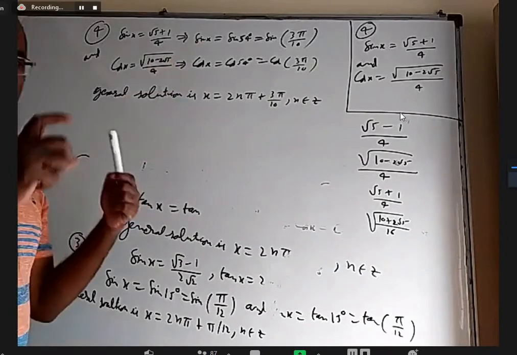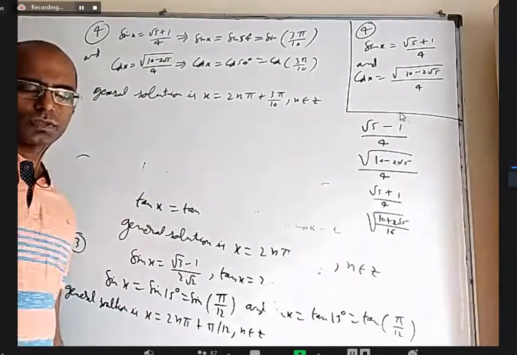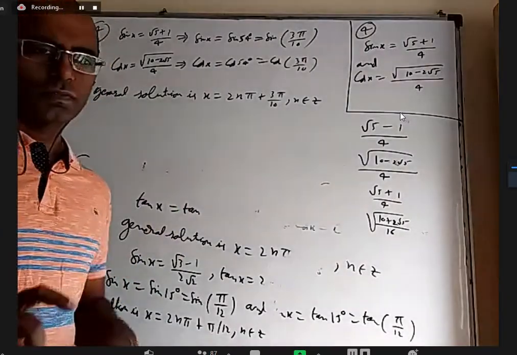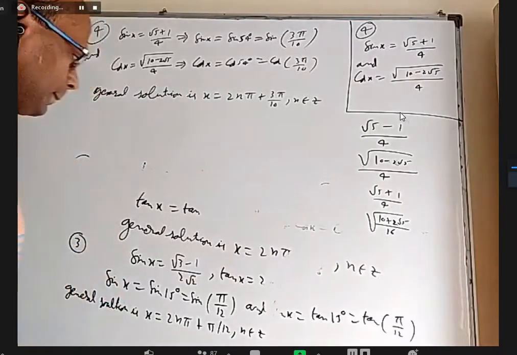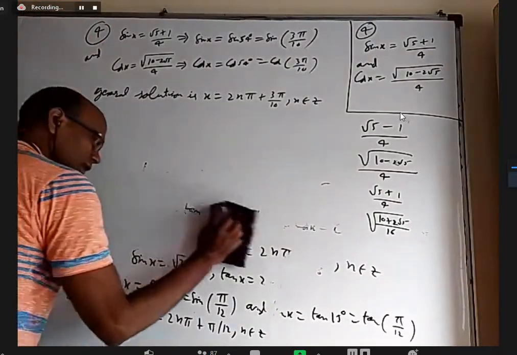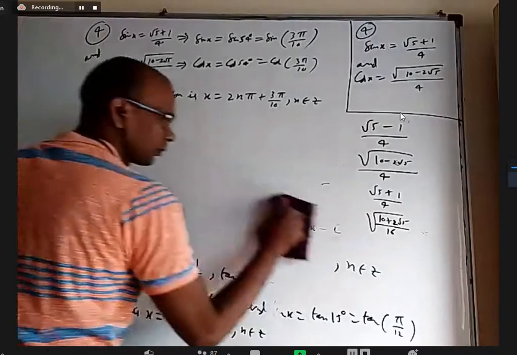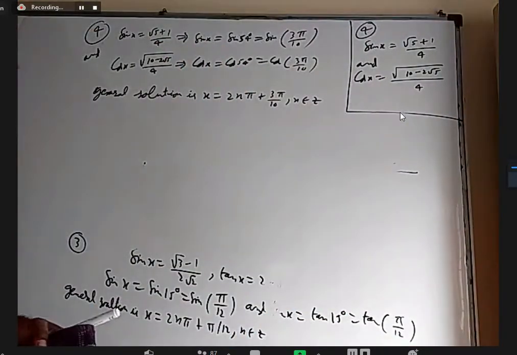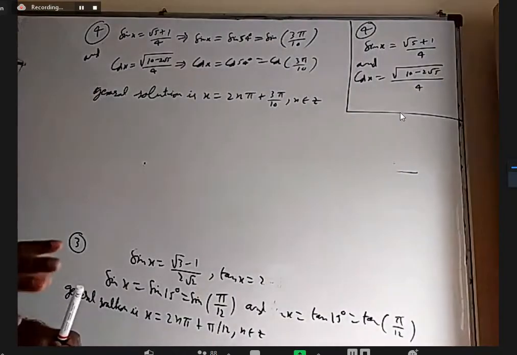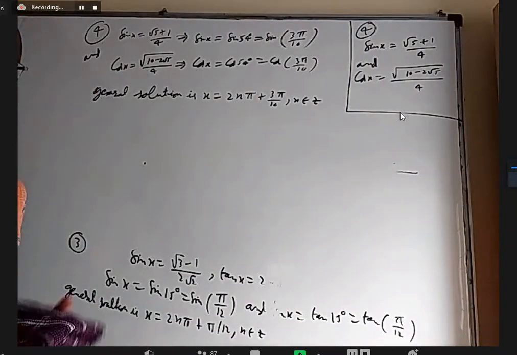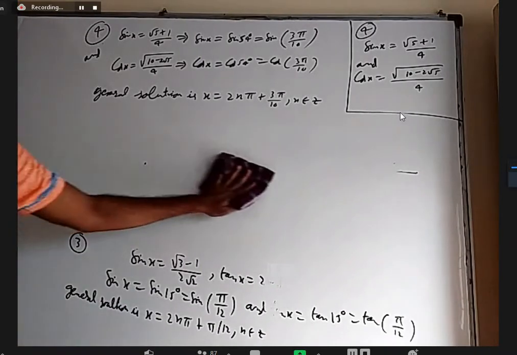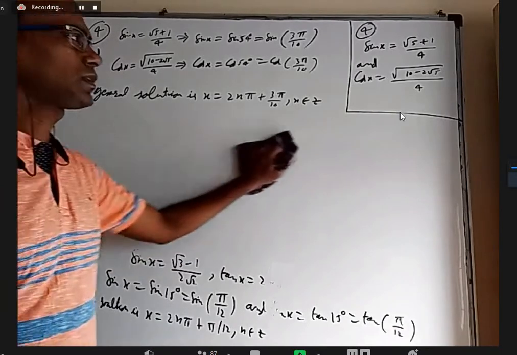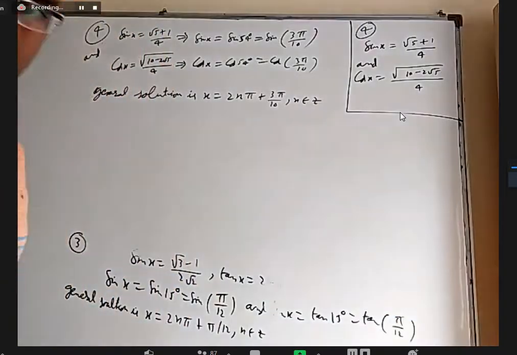Whenever you have two trigonometric conditions, sin x equal to sin alpha and cos x equal to cos alpha, or sin x equal to sin alpha and tan x equal to tan alpha, if you know one solution is alpha, the other solutions are 2n pi plus alpha. So at least today, if you get time in the evening, please revise formulas. Just take your mains material and read all the formulas in the first four topics of trigonometry: trigonometric ratios and identities, compound angles, multiple submultiple angles, and transformations.